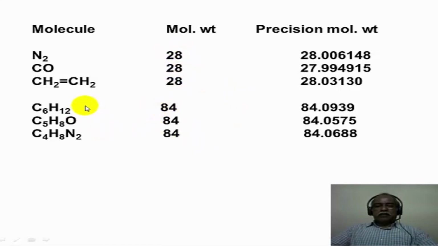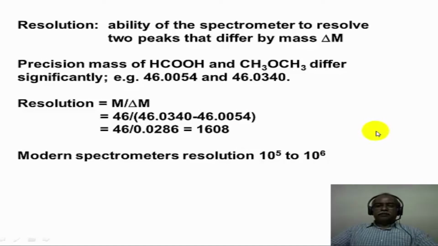This is again illustrated for another fairly medium sized molecule, for example, with a molecular weight of 84, and the fractional weights are entirely different depending upon the molecular composition of the compound. So if a mass spectrometer can measure the fractional weights accurately to 4 decimal places, that will essentially lead to the calculation of the molecular formula from the fractional weight. So the high resolution mass spectrometer is an extremely valuable tool. It essentially gives you the molecular composition very nicely from the fractional molecular weights that can be determined using a mass spectrometer.